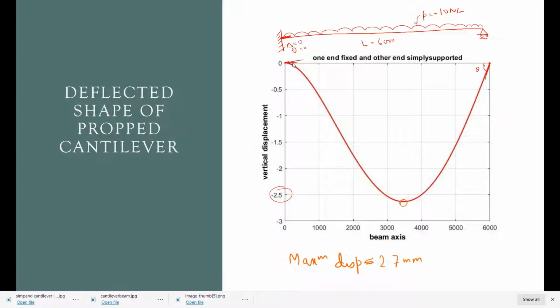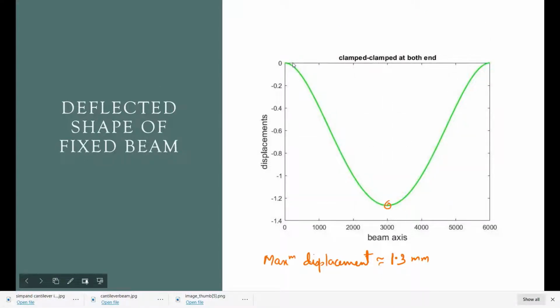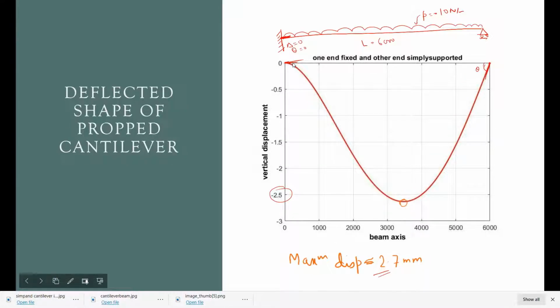This deflection, 2.7, is greater than what we observed when both ends were fixed. With both ends fixed we obtained 1.3 mm, but when one end is fixed and one end is simply supported, which we call a propped cantilever beam, we obtain approximately double the deflection.